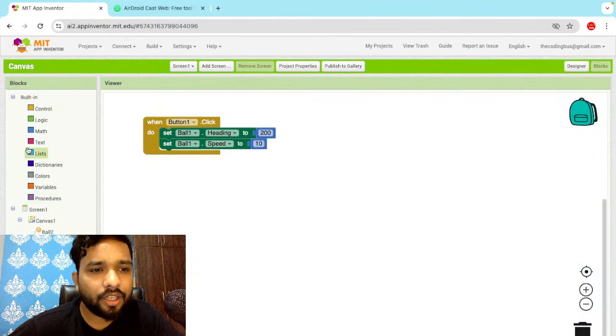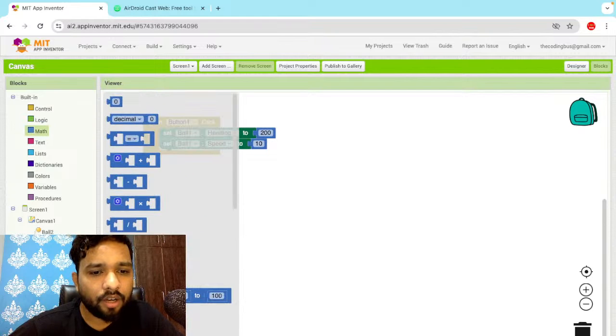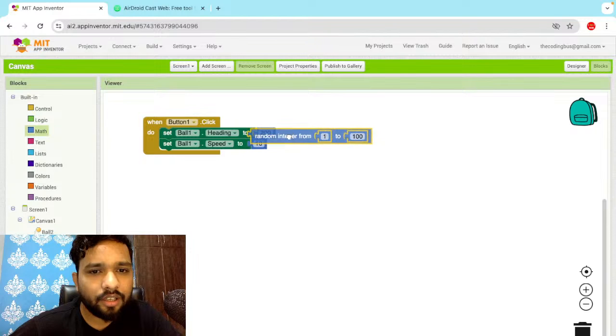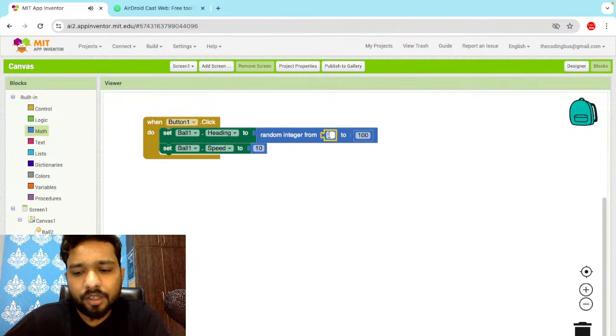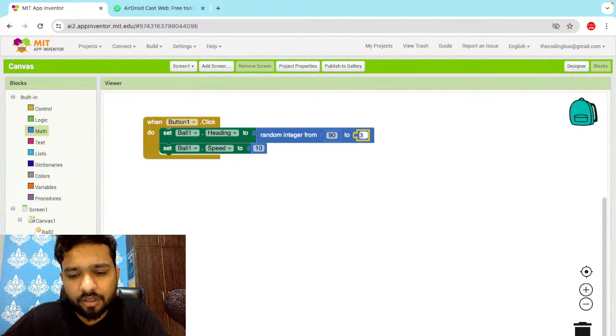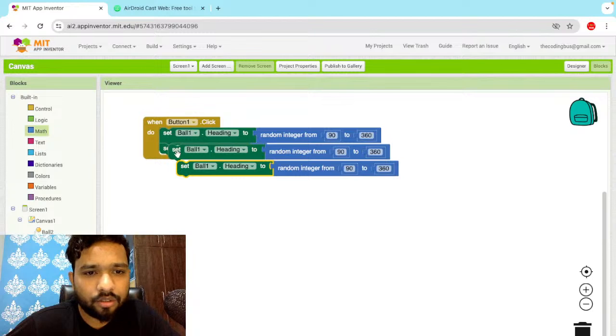So I'm gonna do one thing here. Click on the maths, and I'm gonna use the random integer value. Heading I'm gonna set to random from 90 to 360, like this. Okay, and I'm gonna set all these balls, like all 3 balls,